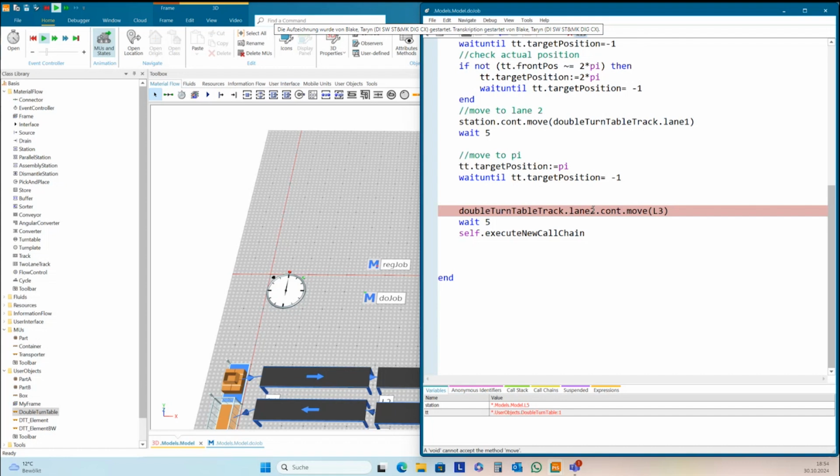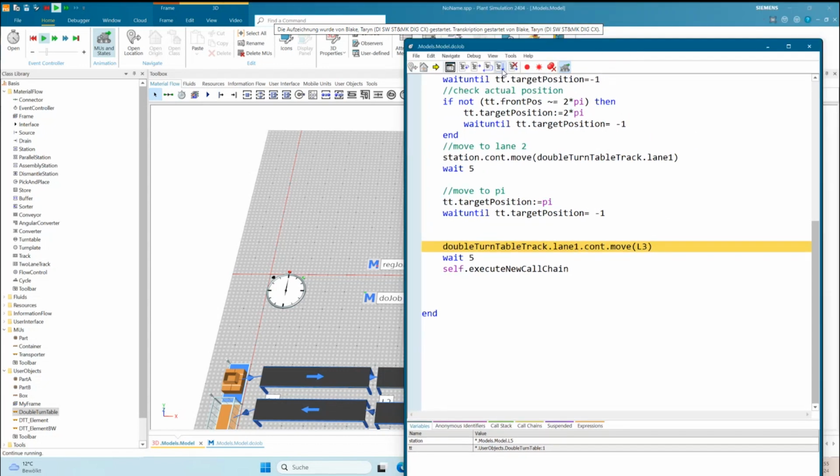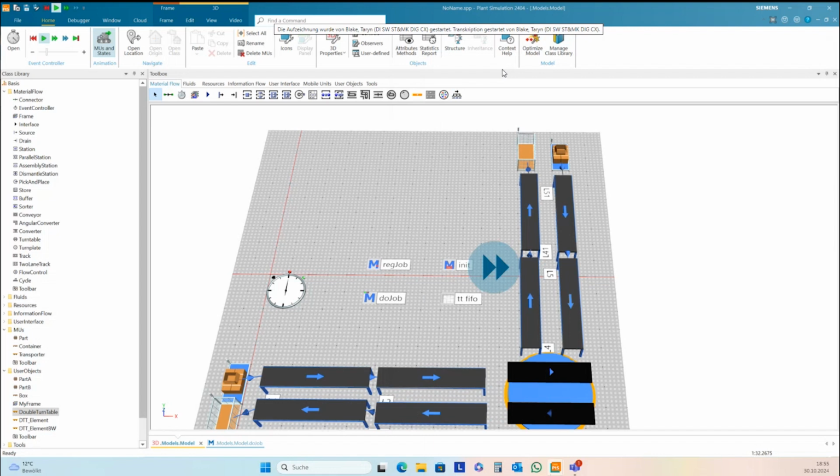And 1. Copy and paste, the most complicated operation in Plant Simulation.